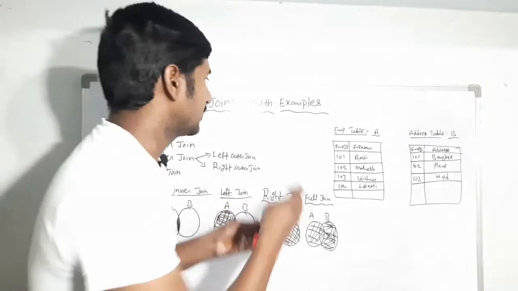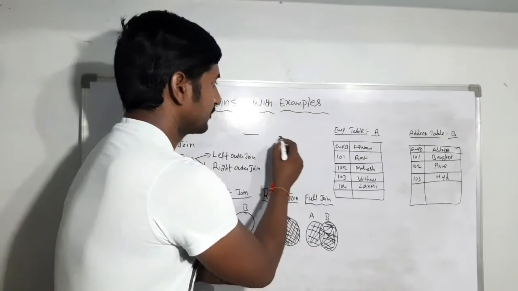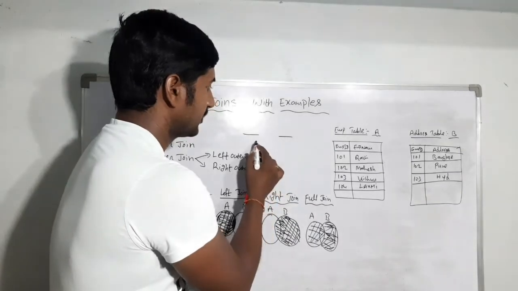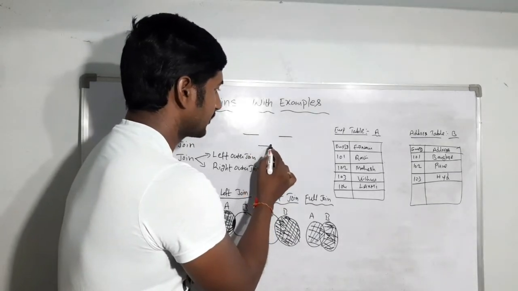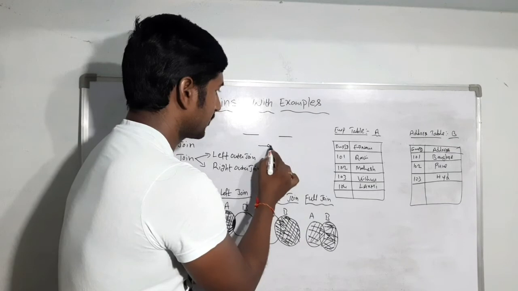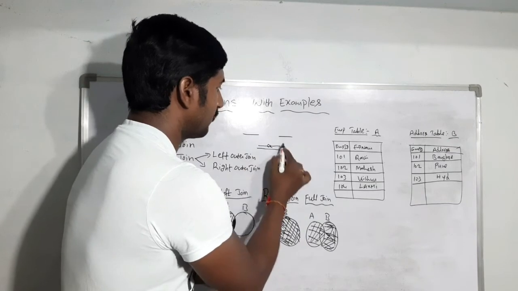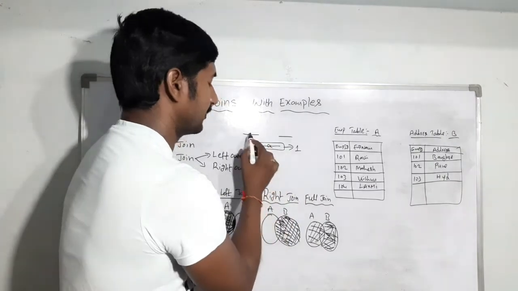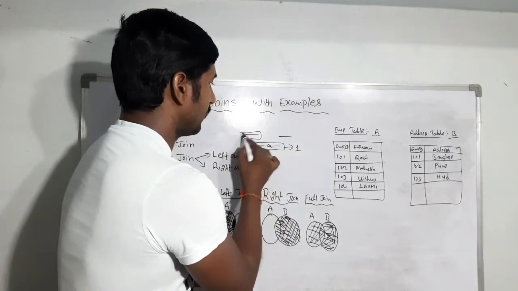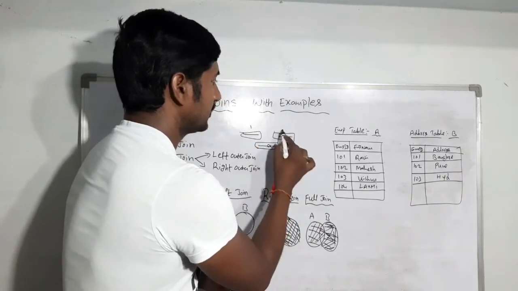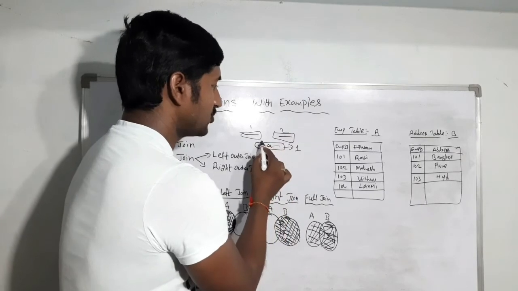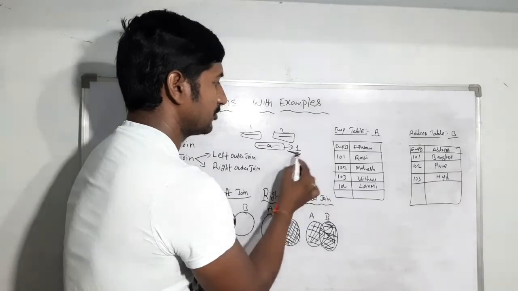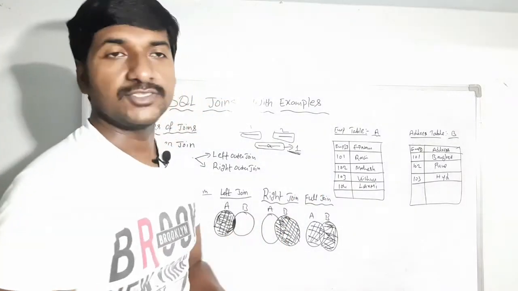So let us take there are two cables. If you want to join these two cables, you can join like this. It makes a 1. Output will be 1. Okay, so here is one cable and this is the second cable. You want to join these two and you will make it 1. The output will be 1. That is nothing but join.